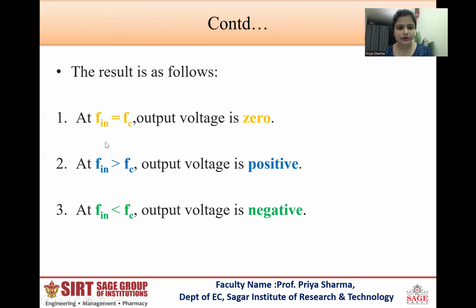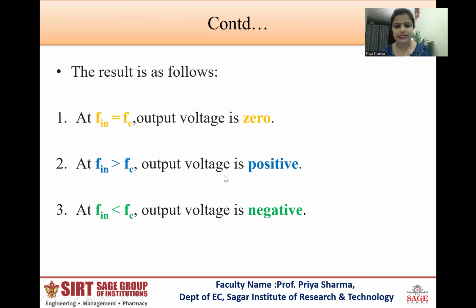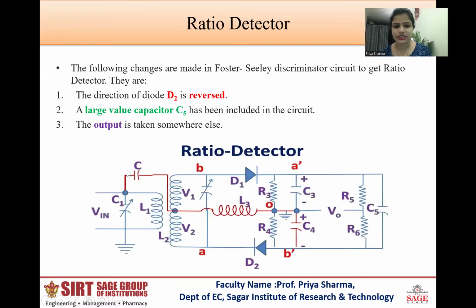When input frequency is equal to the carrier frequency, the individual output voltages of the diodes will be equal and opposite. Thus, the output voltage is zero. This condition was same as that of the balanced slope detector. These are different. Earlier in balanced slope detector, the input frequency lies between the carrier frequency and slightly greater than that. But here only carrier frequency is present. When input frequency is greater than carrier frequency, the voltage is positive, and when it is less, the voltage is negative. I won't go through all these again. We have discussed in a very detailed way in the balanced slope detector. It is same, only the frequencies are changed.